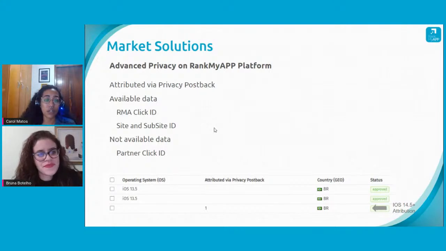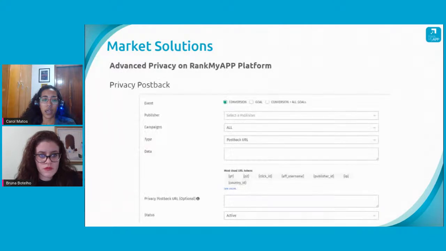However, the MMP still doesn't send us detailed information of the conversion. So we are now receiving back some important information, such as your click ID and subsite ID, for example. With the privacy postback on AppsFlyer and the settings on the platform, we are able to receive some of the information on parameters that are now restricted on the advanced privacy, which assists the platform to match the click with the conversion. But anyway, if we don't receive your click ID back from the conversion, and